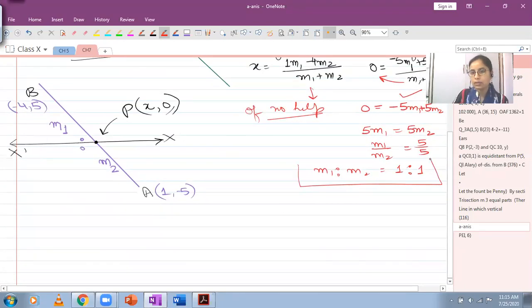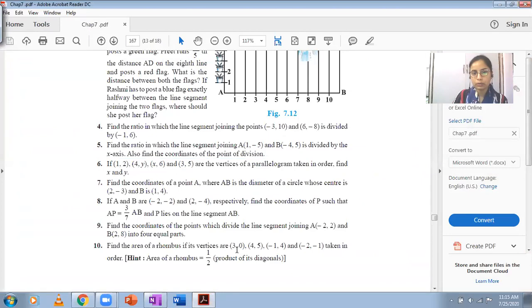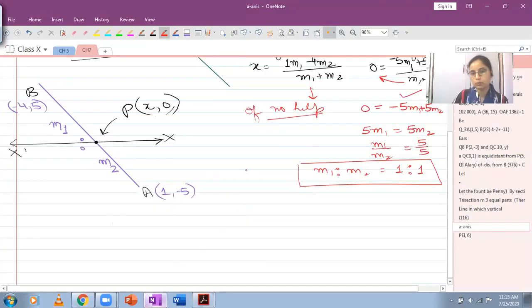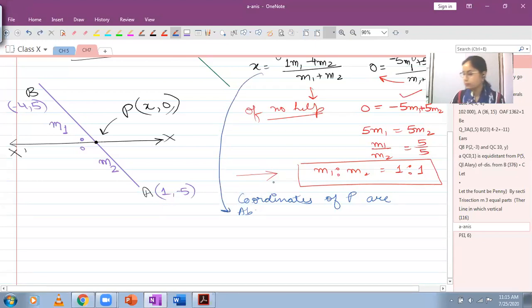And once you have the ratio, after this, you want to find out the coordinates of the point of division. So the coordinates of the point of division means you have to find out the coordinates of point P. So this is the ratio in which x-axis divides the line segment joining A and B. After this, we want to find out the coordinates of P. So coordinates of P हमारे पास incomplete है, हमारे पास ordinate है. So abscissa can be now found using this. You can use this relation and find out the abscissa.